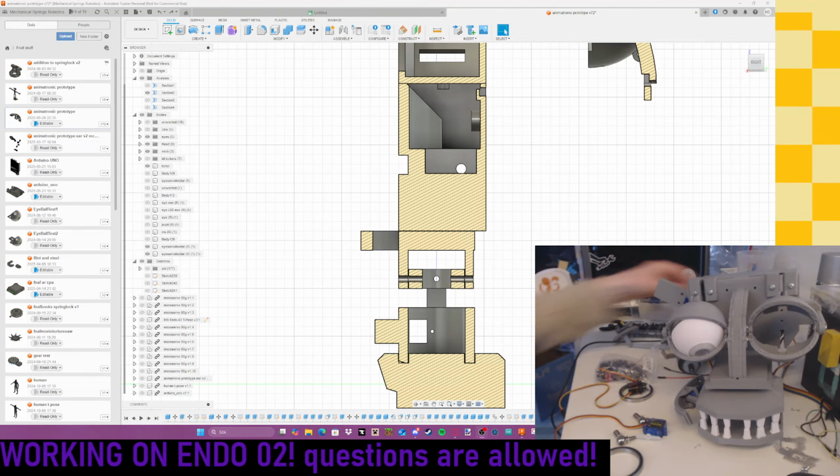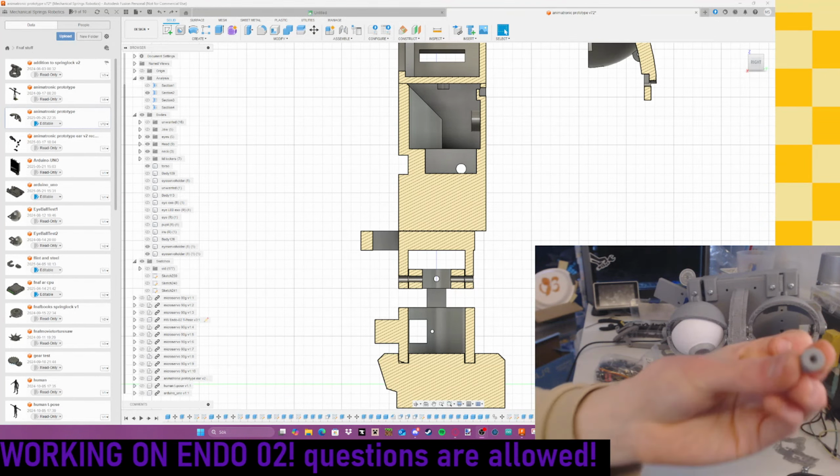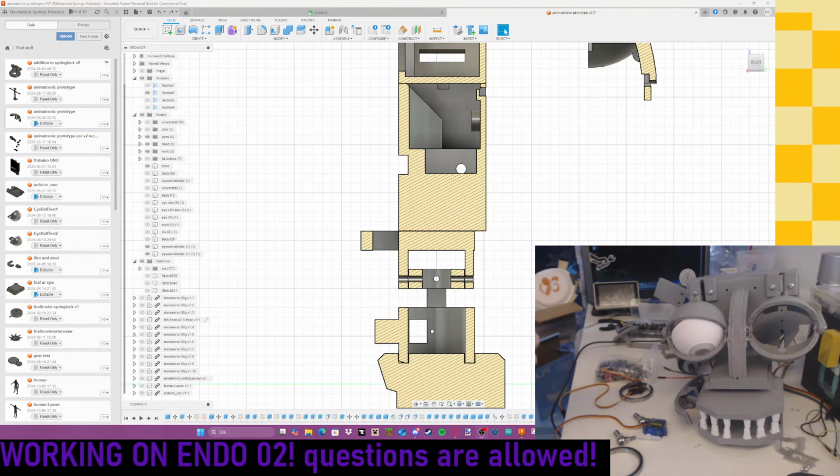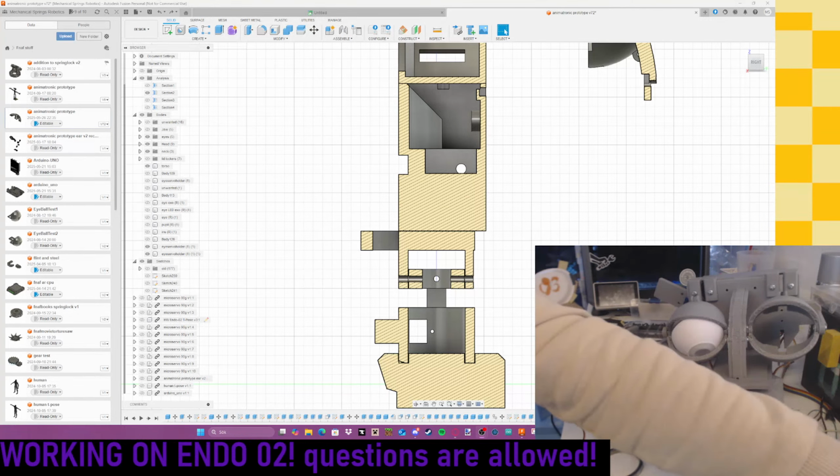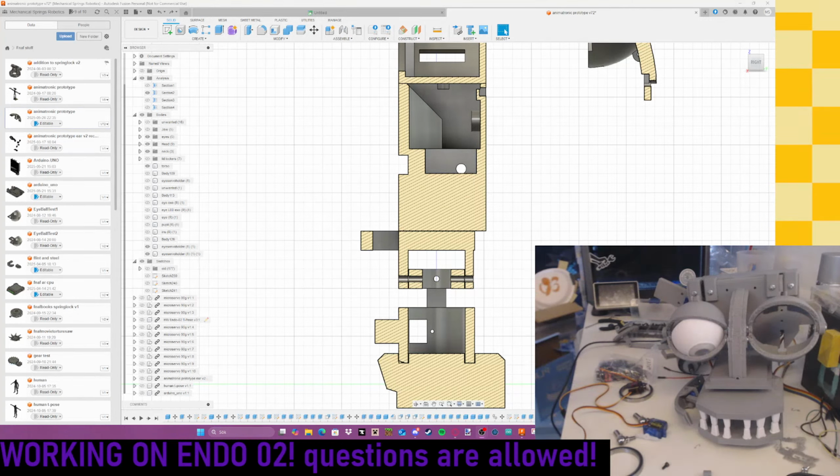Which actually, let's see if this piece fits in it. It fits in it, but it's not big enough. Just gotta double check if I have anything that could fit in it, so I don't need to 3D print 2 pieces for this. You know, we're being cheap over here. I have the money for it, but